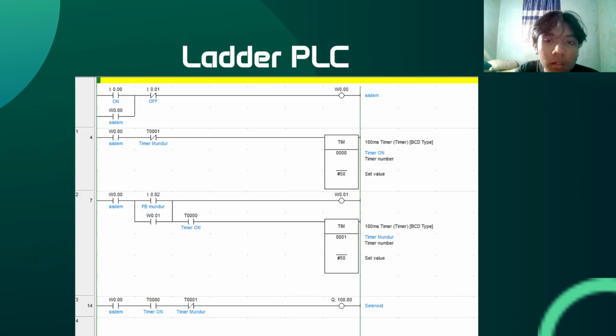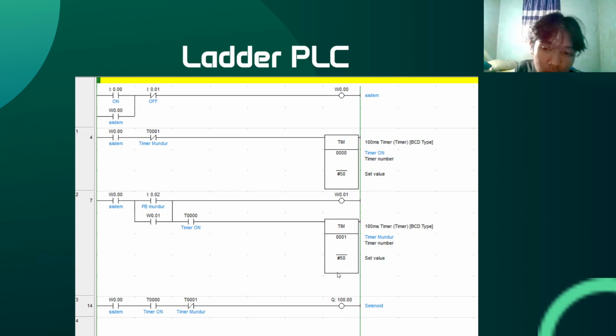And then this is the PLC ladder. You can see this is the interlocking system, then this is the timer on, and the other is the timer but backward, and the third is the actuator working with the system here. Then it goes to the output solenoid.